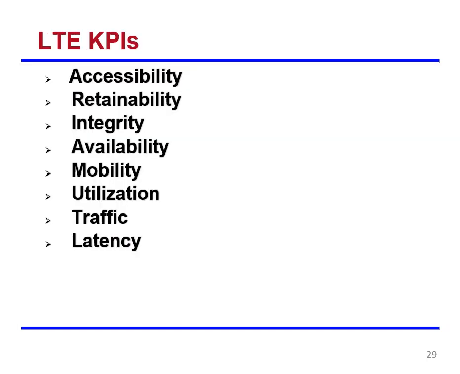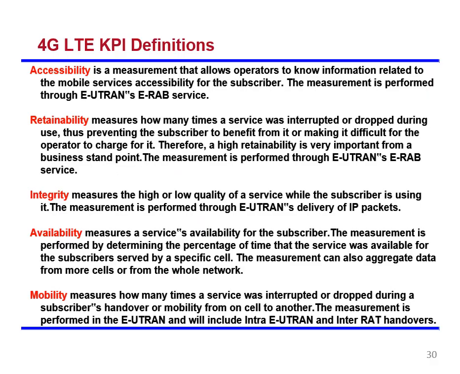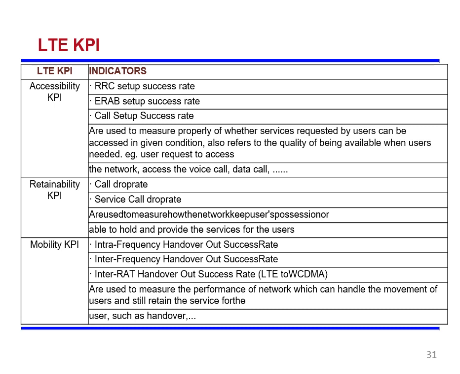And finally, coming to the LTE KPIs. You can see LTE KPIs are just like the 3G KPIs. Same. Accessibility category, retainability category, integrity, talking about throughput, availability, whether the BTS is down or not, mobility, handovers, utilization, whether the resources which are deployed are utilized or not, the traffic reports, and latencies, the delay. So all these are important parameters in LTE. Any doubts, you can ask me. So these are the various KPIs.